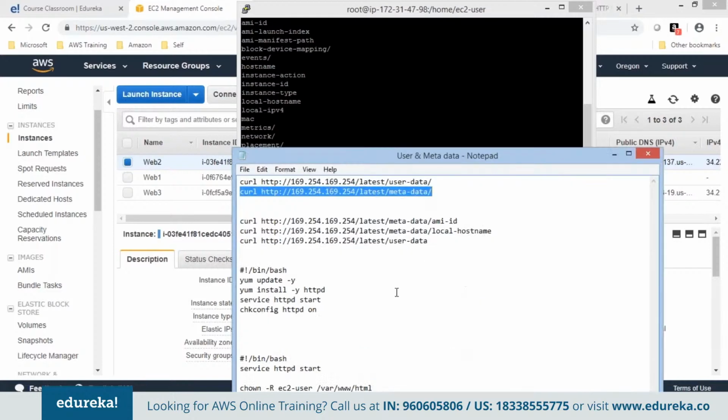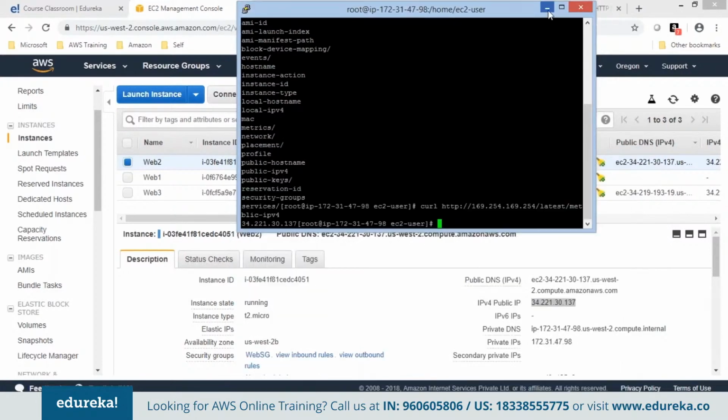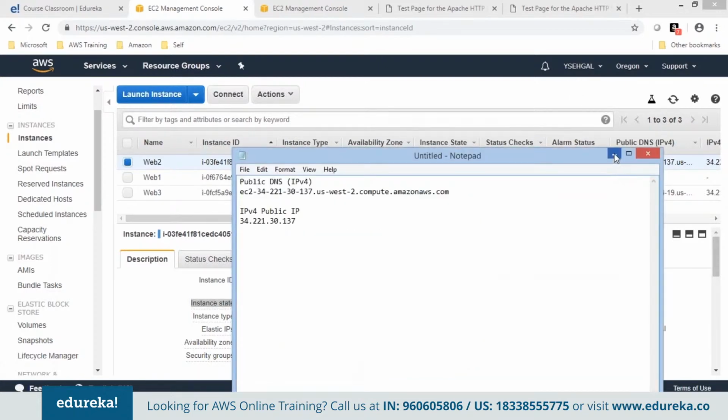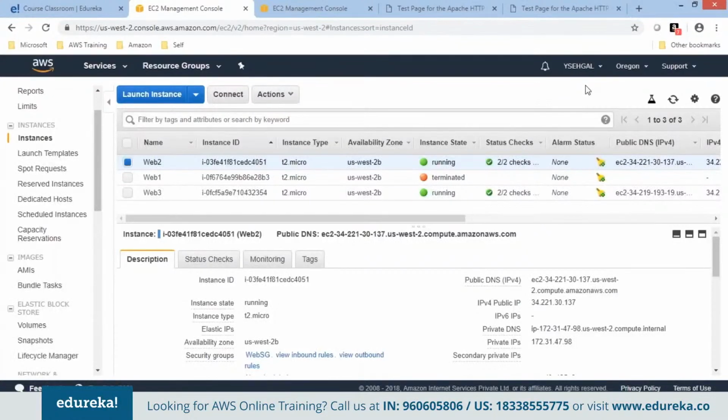And if you want to check the script or series of commands supplied during the launch process, you'll look for user metadata. So I've given you both these URLs. These URLs would be applicable across all the instances. The next thing we'll do is analyze the stop behavior of the instance when we stop it